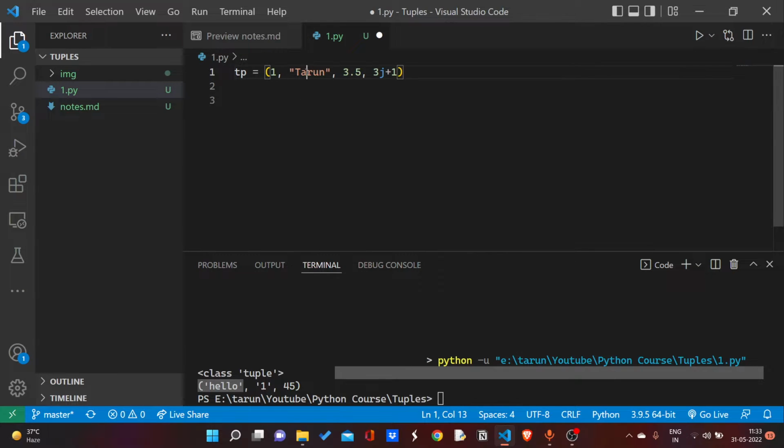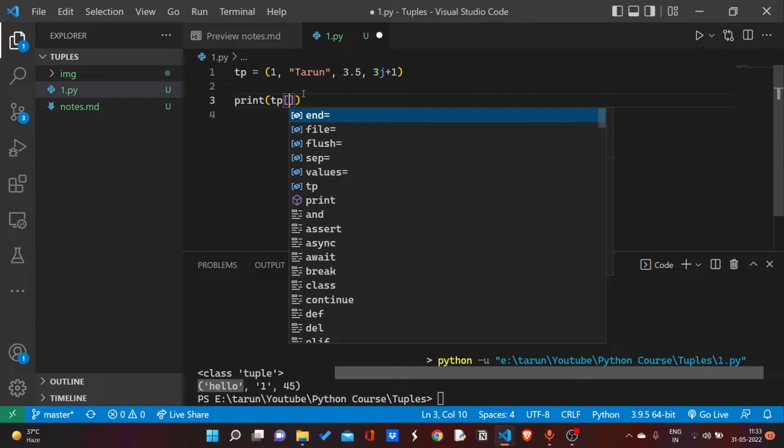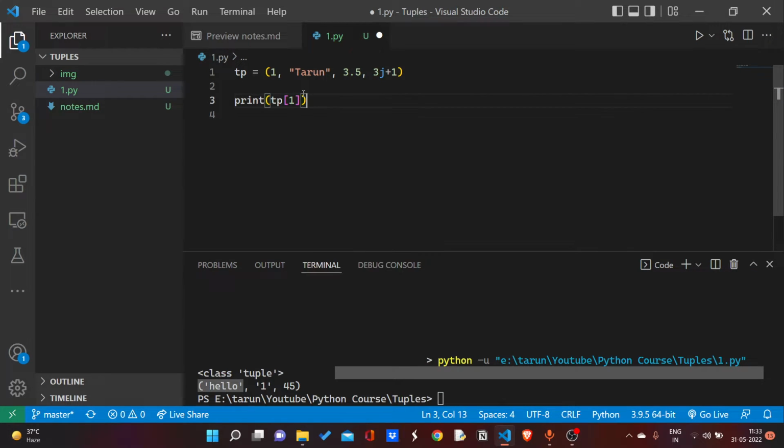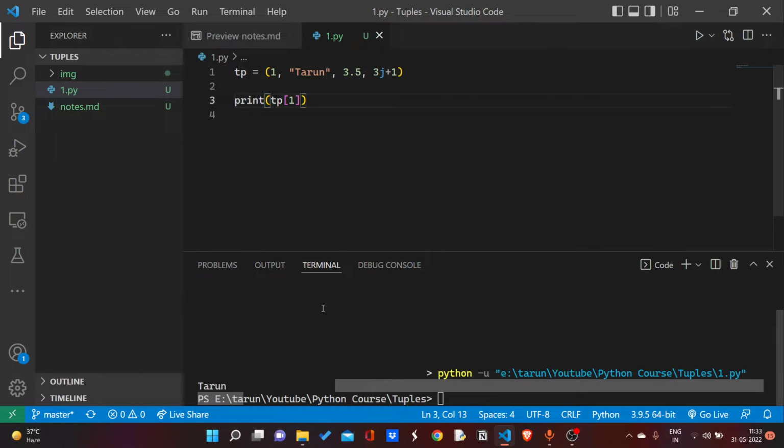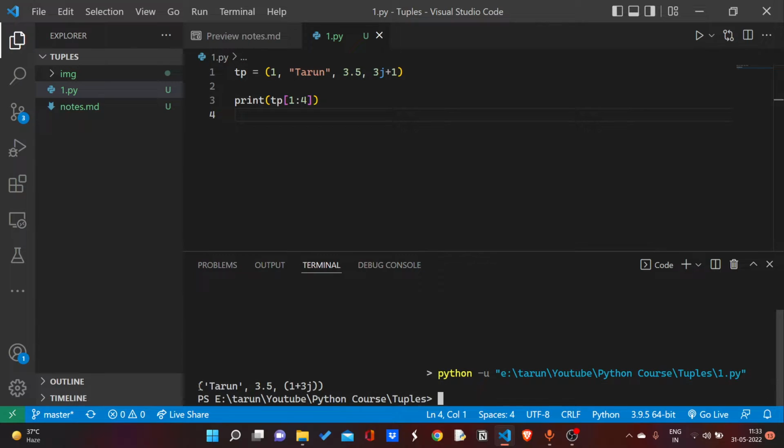At index 1 I have a string Tarun, so I will print index 1. Now you can see I'm getting Tarun here, and same with slicing. So I'm going to get, as you can see, this. Here is 1, here is 2, and here is 3, and the fourth index is exclusive, as you know, and I can do it with 3. Now I'm going to get Tarun and 3.5 only. As you can see, this is all about the indexing and